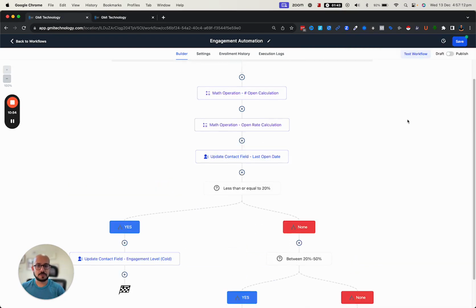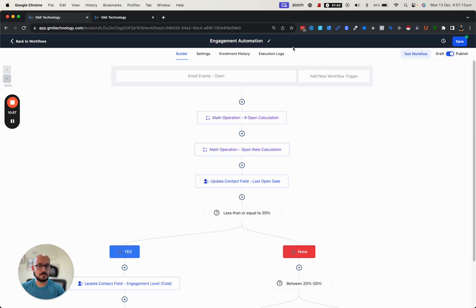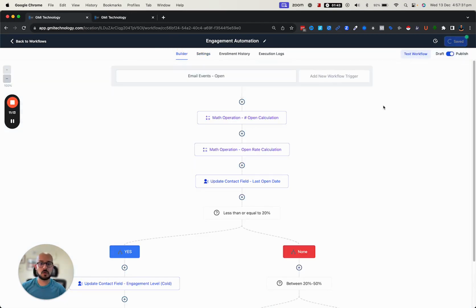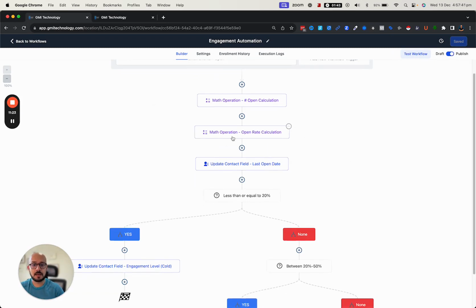And then all you need to do is make sure that you publish this, and also within your settings you want to make sure that you allow re-entry, because this is going to get updated based on every single email that a contact opens. And once you're done, you hit save. So this is the engagement automation that you can build, so you can have better statistics on how your contacts or clients are reacting to your